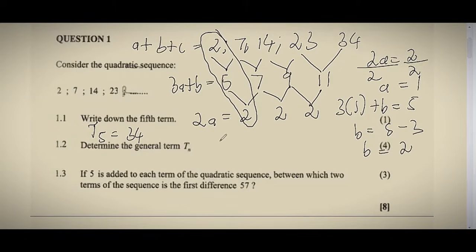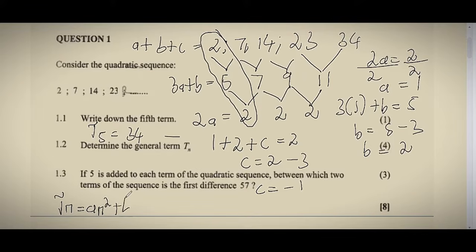To find the value of c, it's a plus b plus c. So let's substitute our a value, which is 1, and then our b value is 2, then plus c is equal to 2. So 1 plus 2 is 3, and then 2 minus 3, so c is equal to -1. So writing our Tn, remember we are writing it in this form,